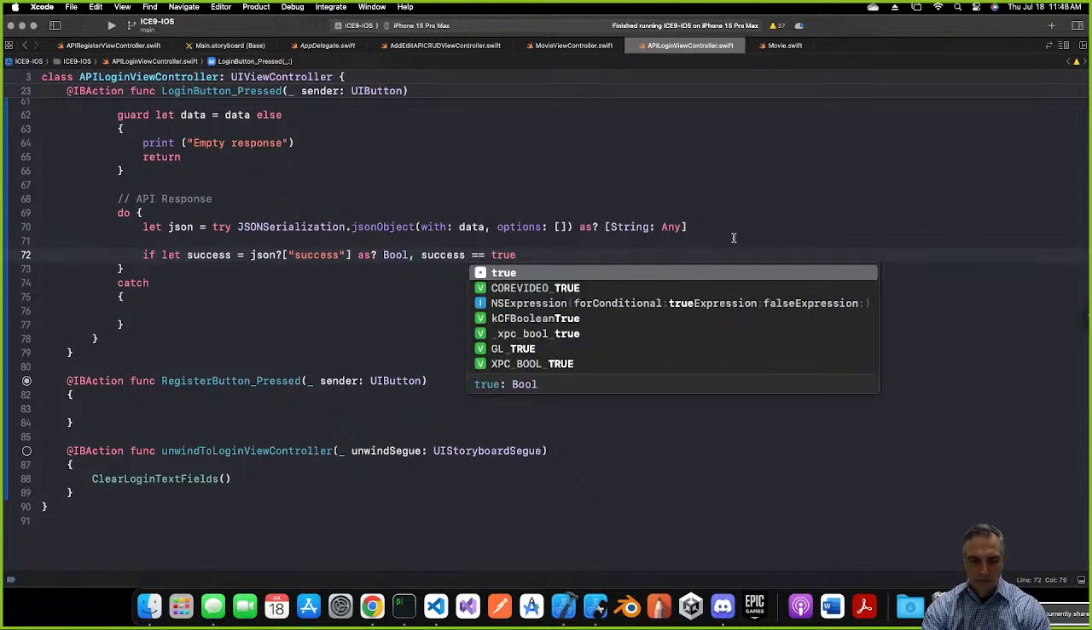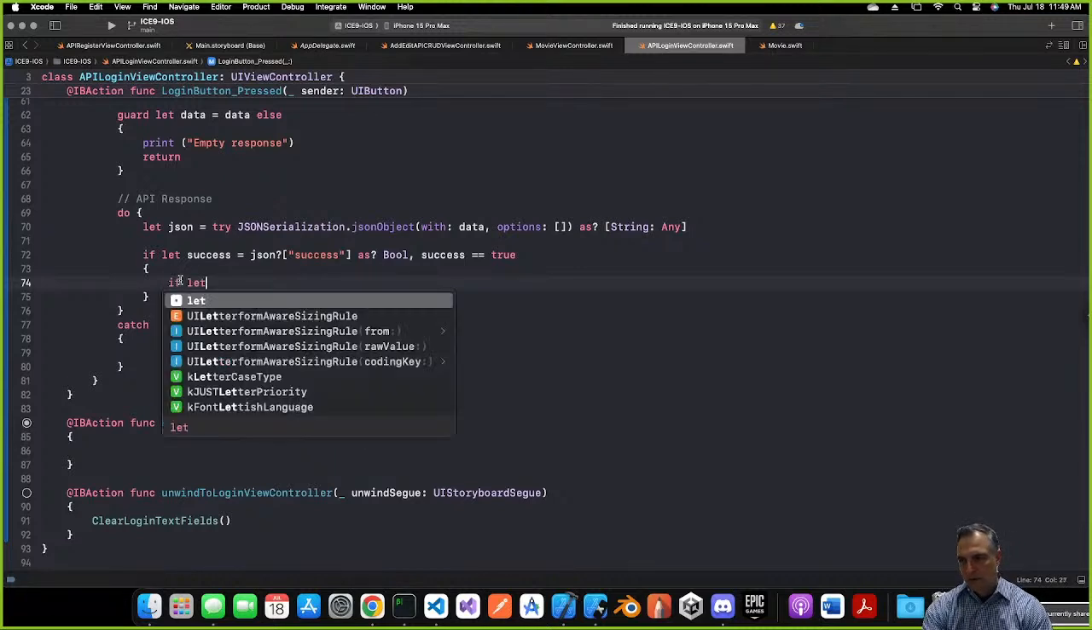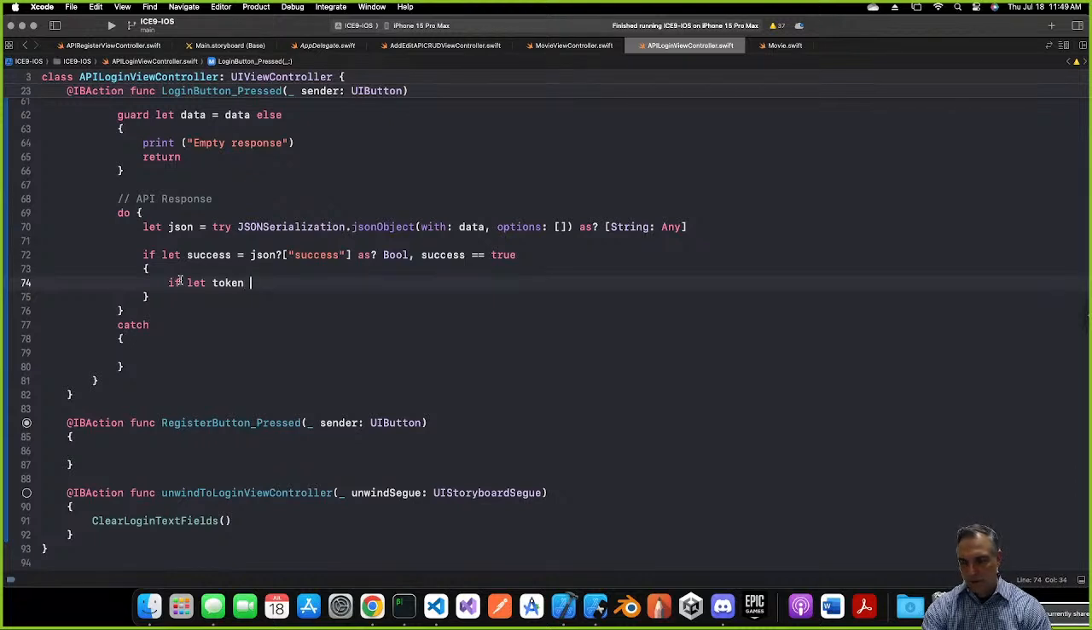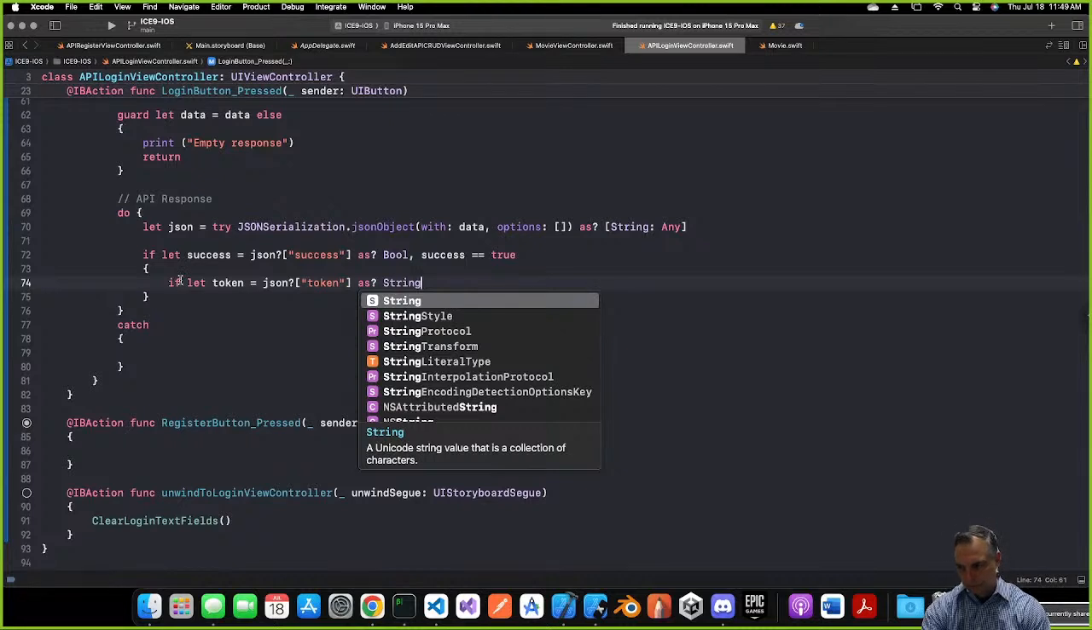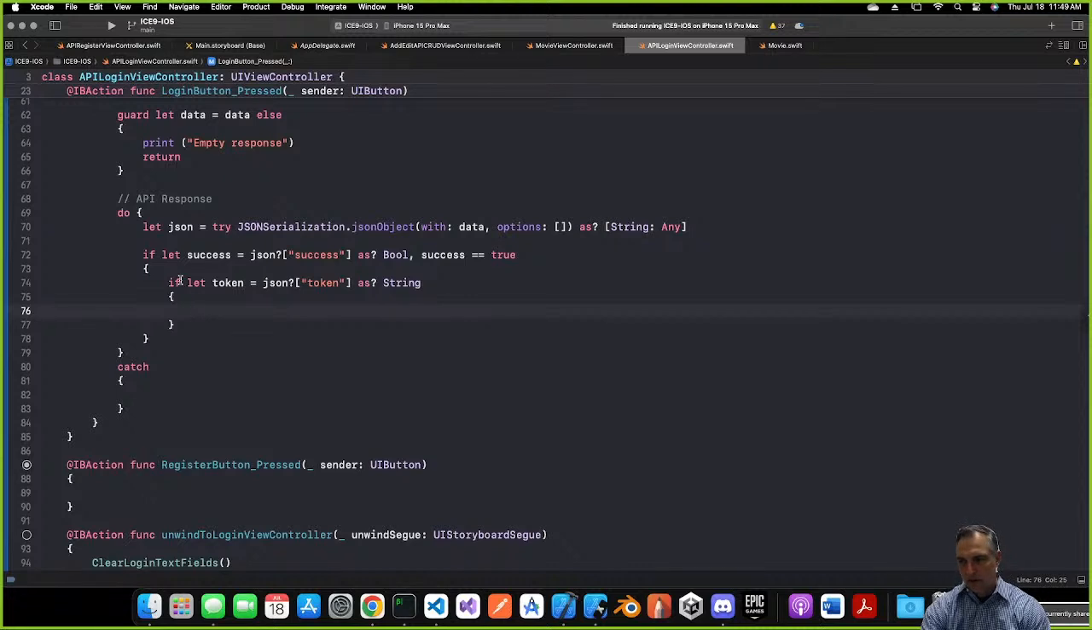This is the if part, right? So if the success is true, then we're going to say, what's the token? Because remember, we're going to wait to get the token back from the API. Okay, so we're going to say if let token, and that's equal to JSON, and then let's get the token. Remember that's the token we're going to get back, and we're going to cast this as a string. So the token is going to be a string. And if we get a token, right? So if we're able to get a token from the request, then let's save